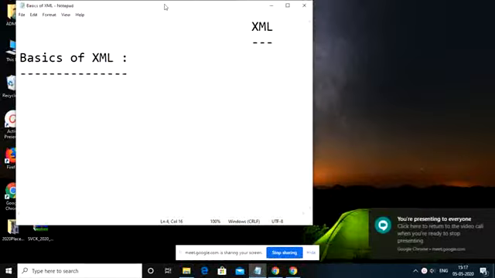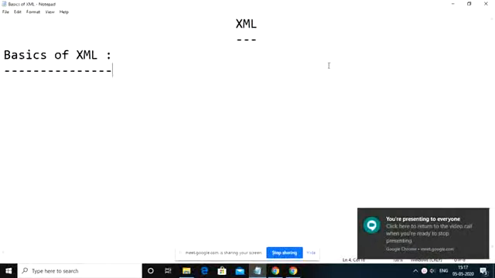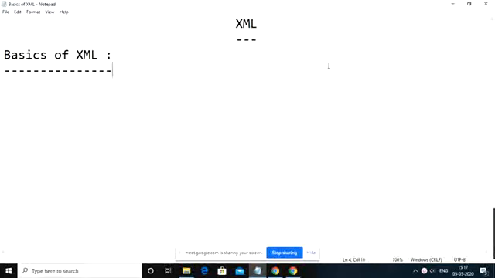Okay, so till now, within our WIT, we have covered so many concepts using which we are going to develop web applications, either HTML, JavaScript, CSS, or even PHP concepts. So right now we are going to be discussing how we can use the XML language as part of the development of our web applications here.